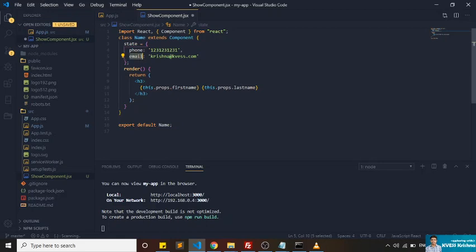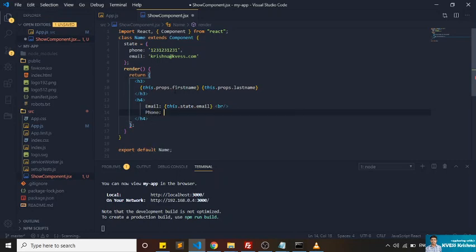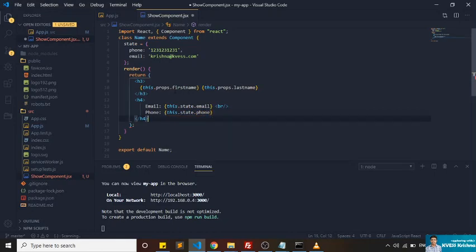So this phone and email are declared inside the state property, which holds the data for the name component, and I can access them, for example, I want to display the phone and email like this, where I say email is this dot state. So I need to use the expression because this is an expression. I have to say this dot state dot email, and the phone is going to be this dot state dot phone. So when I save this,